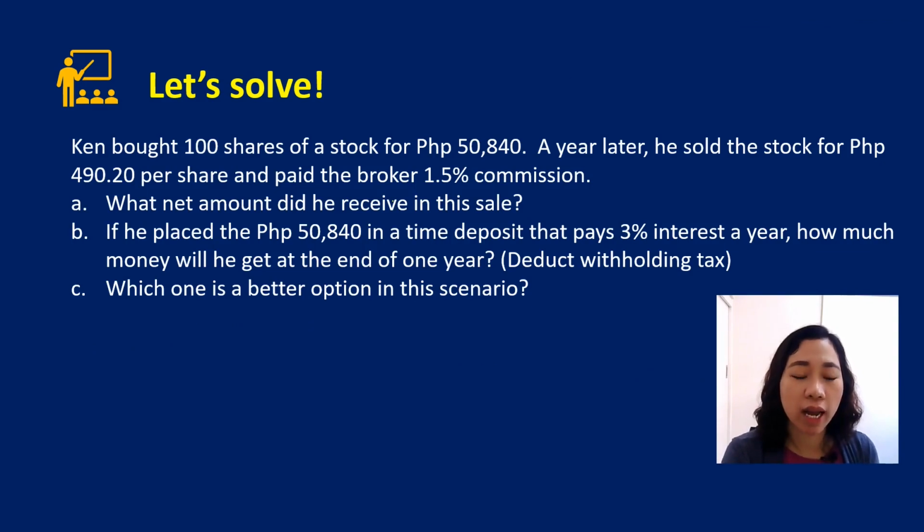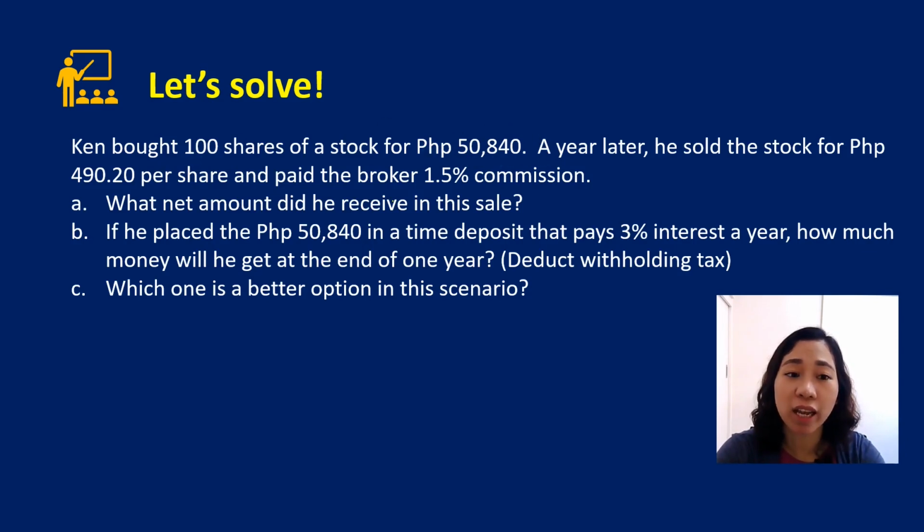Okay, so let's look at some problems. For the first one, we have Ken bought 100 shares of a stock for 50,840 pesos. A year later, he sold the stock for 490 pesos and 20 centavos per share and paid the broker 1.5% commission. What net amount did he receive in this sale? Now, take note here that you can immediately see that Ken experienced a loss, right? Because from this